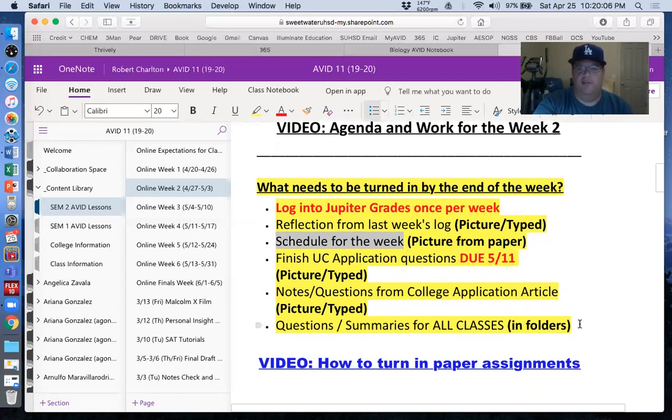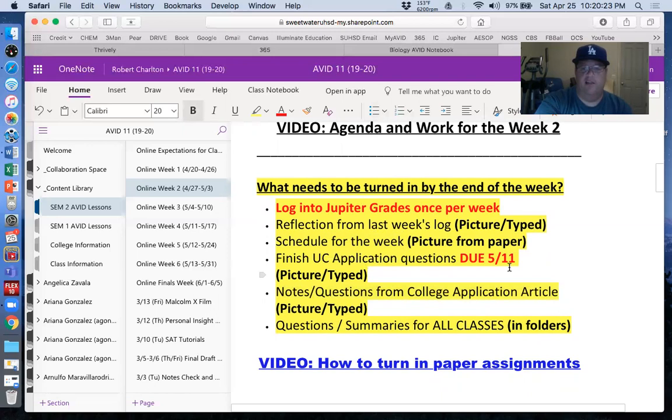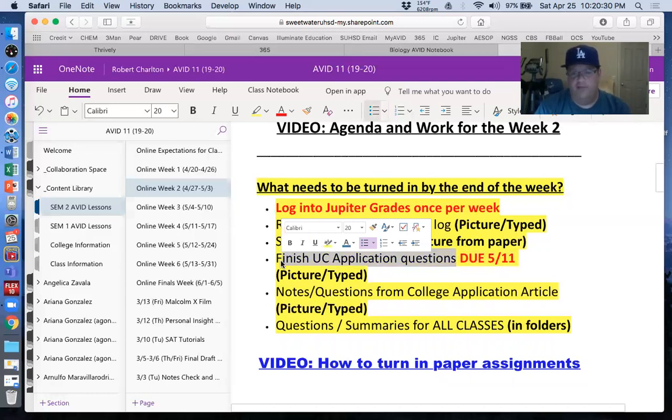Questions and summary, I put those here at the bottom. That's typical. And then there's two other things here. Now, note, I've got an article for you about how college applications have changed now, dealing with all this coronavirus business that's going on and making changes to the world. So we'll get to that in a second. The other one is going to be the UC application questions, which you already wrote a draft. I gave you a bunch of feedback and gave it back to you.